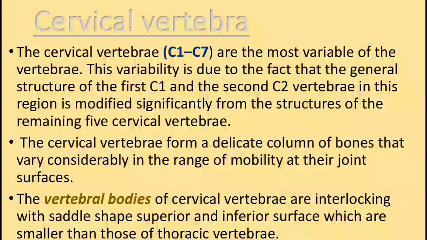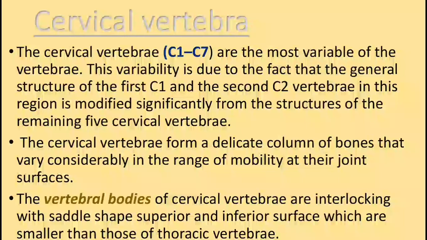Cervical vertebrae. The cervical vertebrae from C1 through C7 are the most variable of the vertebrae. This variability is due to the fact that the general structures of the first, C1, which is the atlas, and the second, C2, which is the axis vertebrae, in this region are modified significantly from the structures of the remaining 5 cervical vertebrae. The cervical vertebrae form a delicate column of bones that vary considerably in the range of mobility at